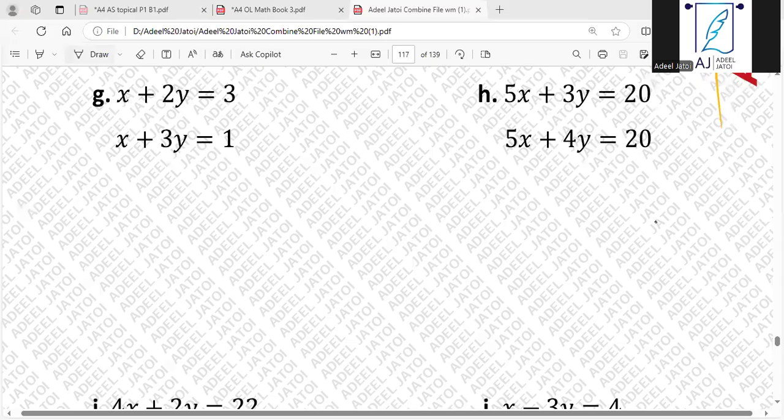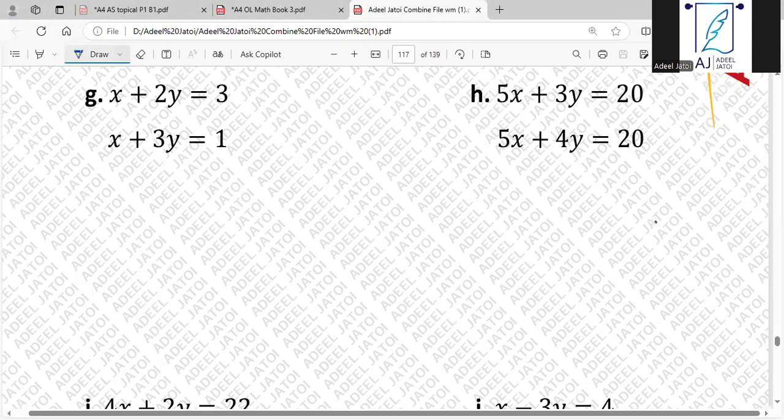So if you want to start off with simultaneous equations, what we need to understand is that the values you are taking, you'll be having what? Two equations. From those two equations, this is equation one, and this is equation number two. So when we are doing simultaneous equations,